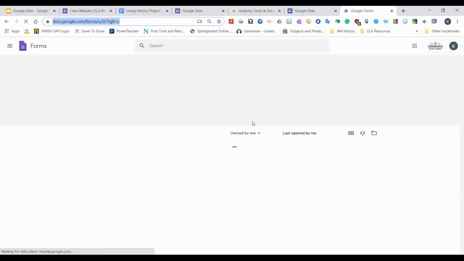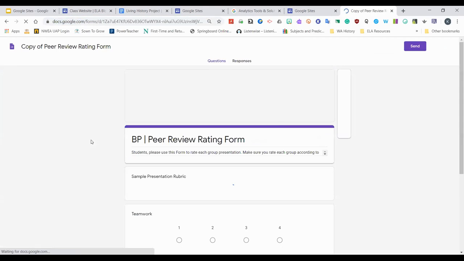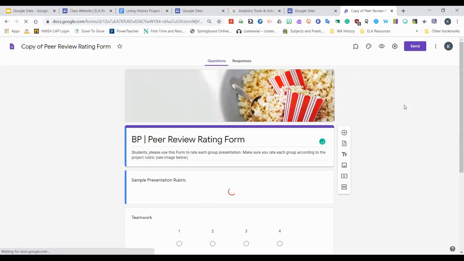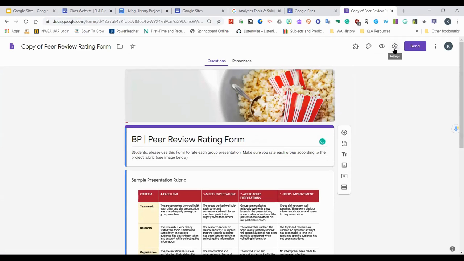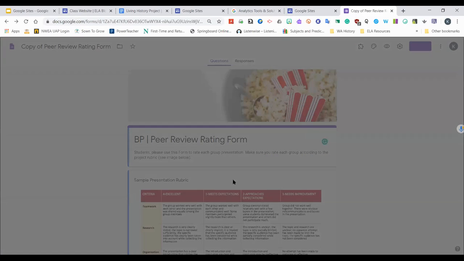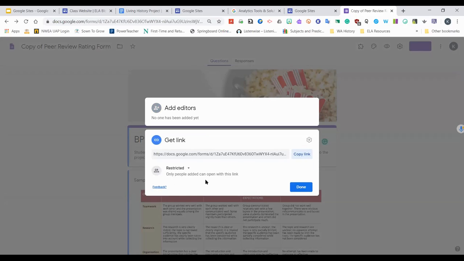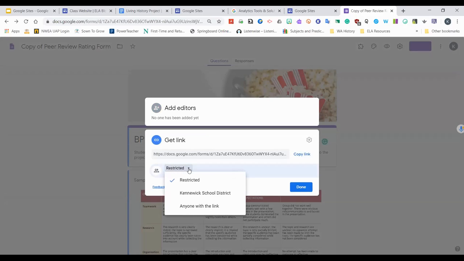And if you were in our class on Tuesday, we showed you this, but if you weren't, I want you to see it again because it's really important. This is where the frustration comes from. So to make this accessible to everyone, I have to go to send and then go to add collaborators, which seems weird, but that's where it's at. Then down at the bottom, you can see that because this is a copy she made, it's restricted again. And so when I sent it to you guys, I opened it up, but when you make a copy of something, it's restricted automatically. So she needs to change that